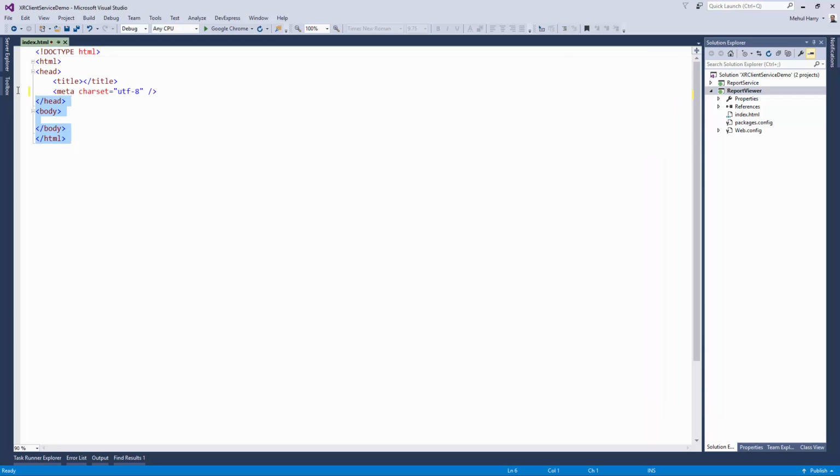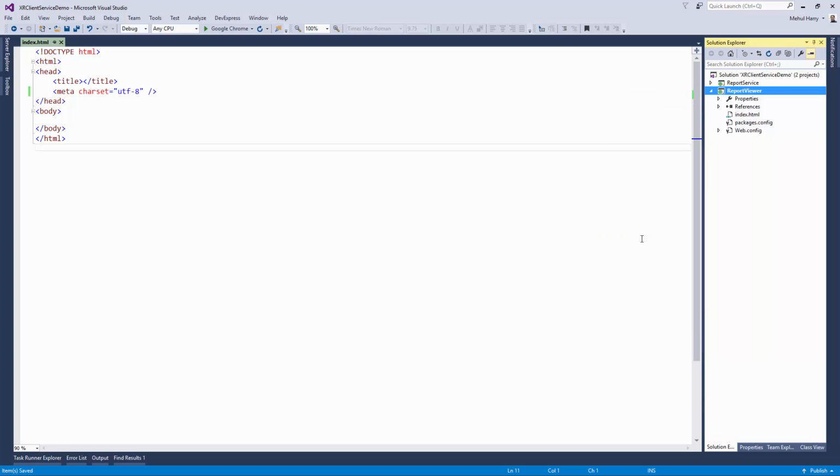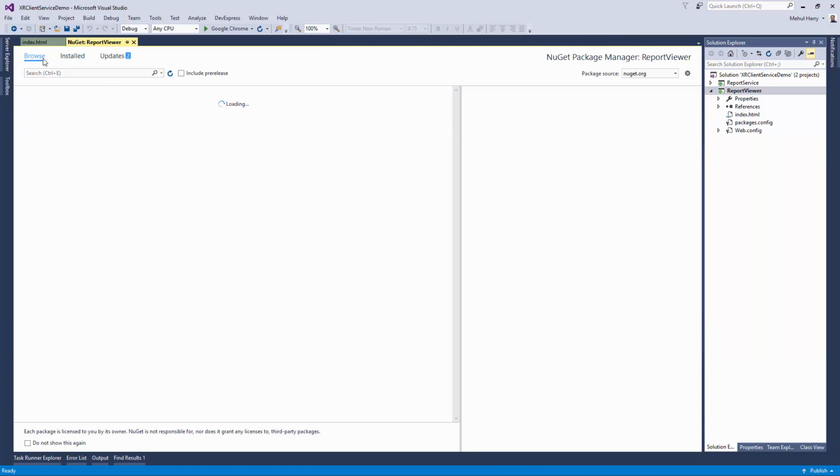So I've got nothing in here. To begin with, what I need to do is add references to use DevExtreme. And not just DevExtreme, we need those extra report classes as well. To do this, you can actually come in here, right click in here and say manage NuGet packages. And then, you can search for